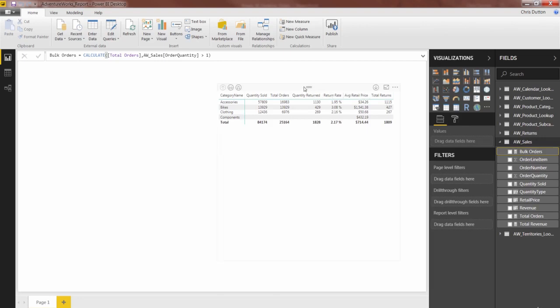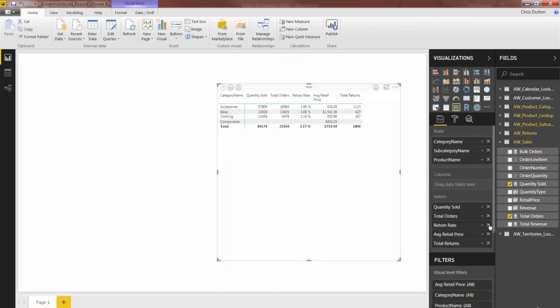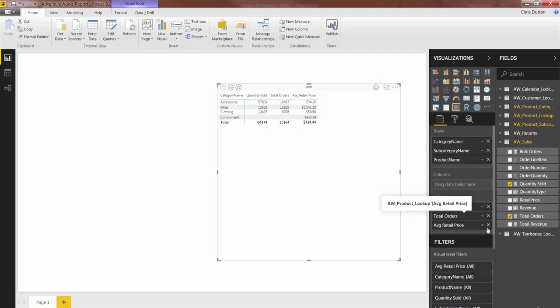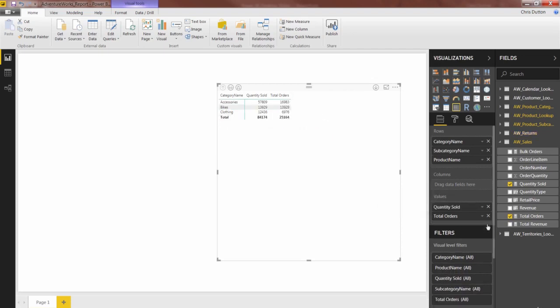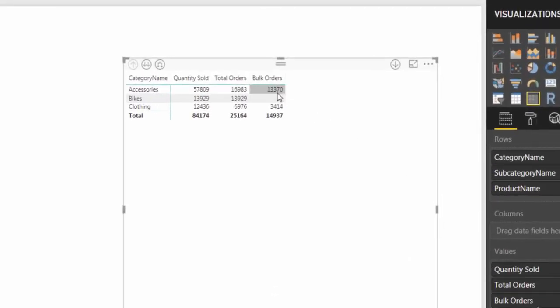And let's go ahead and select our matrix here. I'm going to pull out our return fields. And I'll pull out average retail price as well, so that I've just got quantity sold, total orders, and now bulk orders as well. So it's interesting because you see a lot of bulk orders as a percentage of total